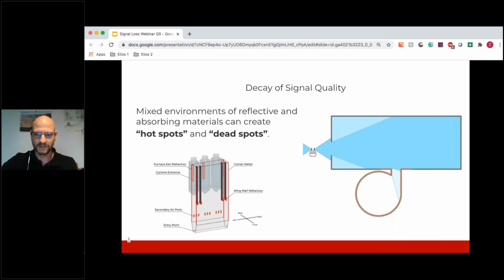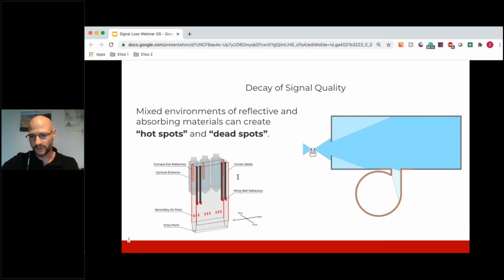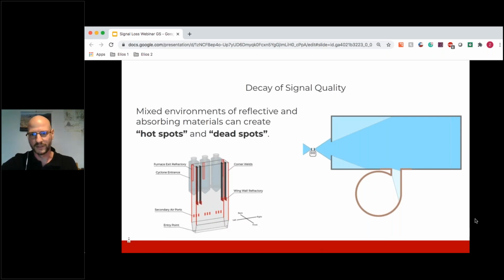And the signal bounces around inside the main boiler quite well, but then as soon as you go into the concrete part of the cyclone, it kind of dies off pretty quickly as it gets absorbed into these refractory areas. So this is represented by this schematic on the right. So you can actually have this little bubble of connectivity in the cyclone that you can use to have a peek inside. But if you go further and further inside it, you stand a bigger and bigger chance of losing